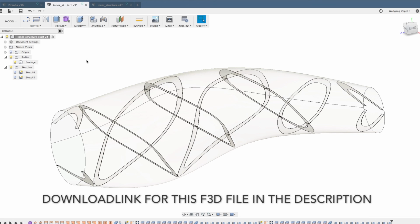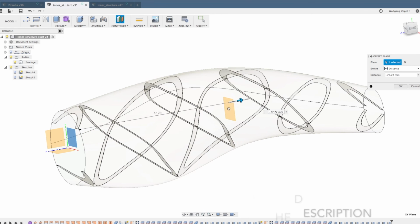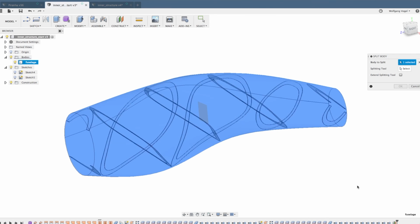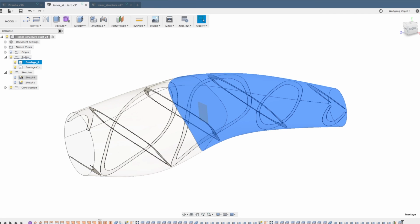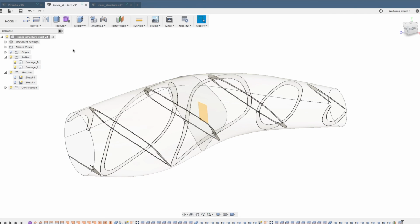If you want to make sections of this fuselage, which you usually want to do, this one is short enough to print it in one piece, but if you want to make a section, you simply make an offset plane to the position where you want to make the cut and split the body, which is only one body, with the splitting tool of this new plane. And now we have the fuselage A and the fuselage B, which can be